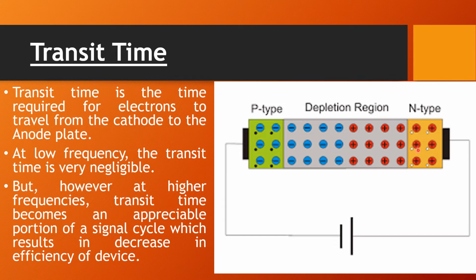If the electron goes from here to here, and midway the cycle changes, it should go back to its original position. So it will not travel this path. This results in a decrease in the efficiency of the device, because the electron will not be able to